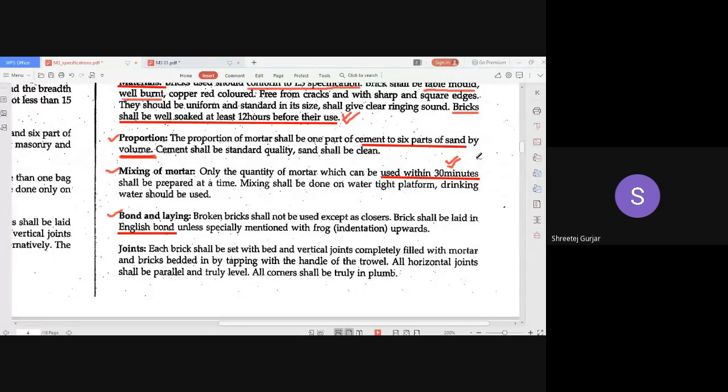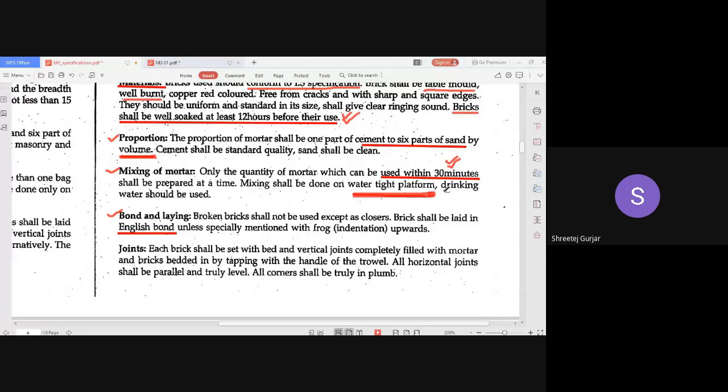Next, mixing shall be done on a watertight platform. Take care that the platform is watertight, or else if you do it on soil, the soil will absorb your water, so your mortar will have less water. That has to be taken care of, and you have to mention it in the specification.